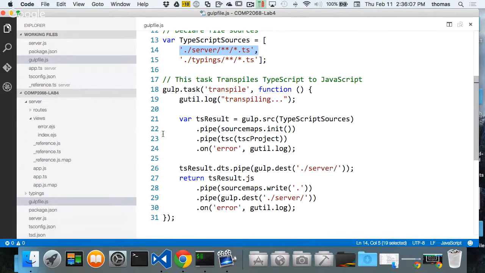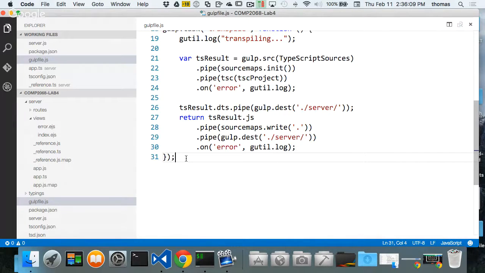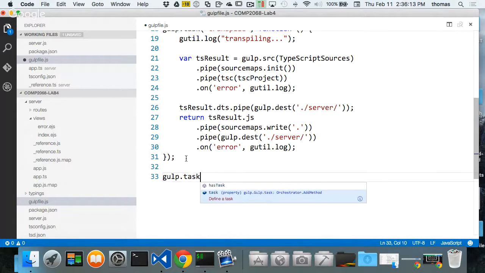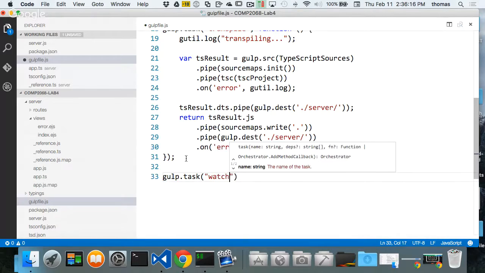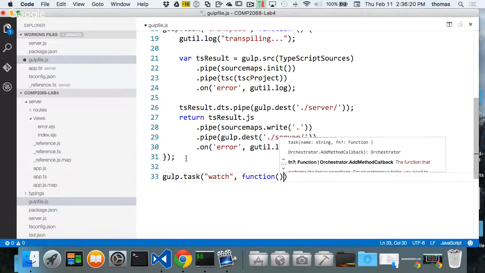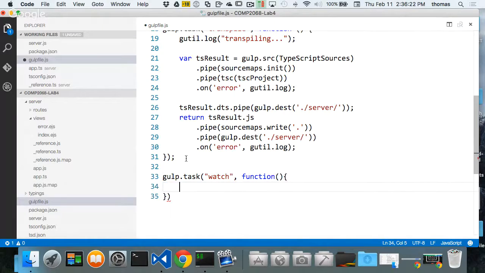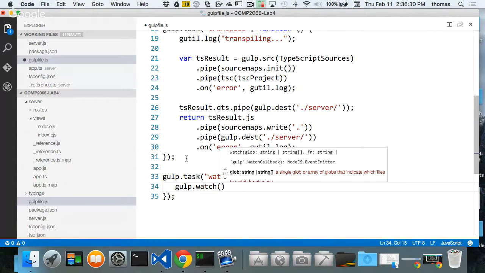Okay, let's do that. In order for me to do that, I got to create a new task. So I'm going to say gulp.task, and then I'm going to call it watch. And what I want to do here is make an anonymous function again. This is how we do it. And in my anonymous function, I want to put in my watch task, right? So gulp.watch. And notice my gulp.watch has two things. It's a string followed by some kind of